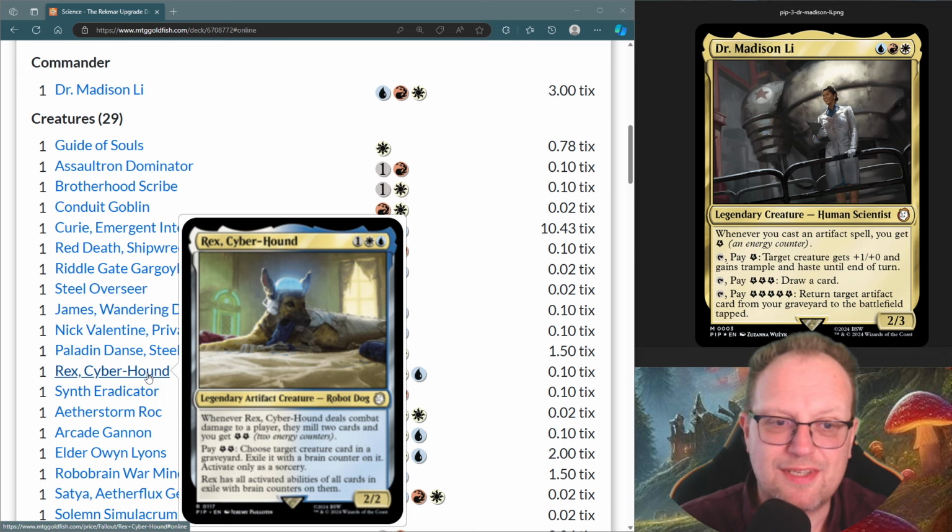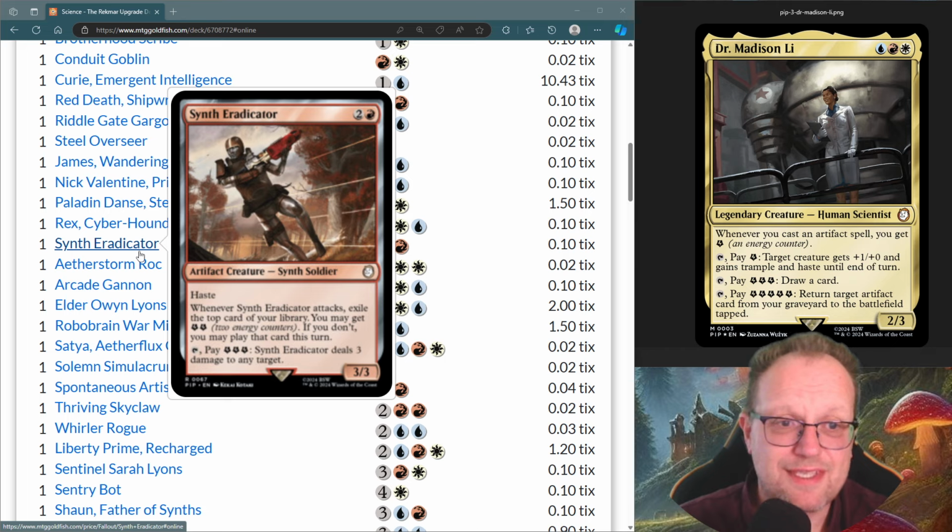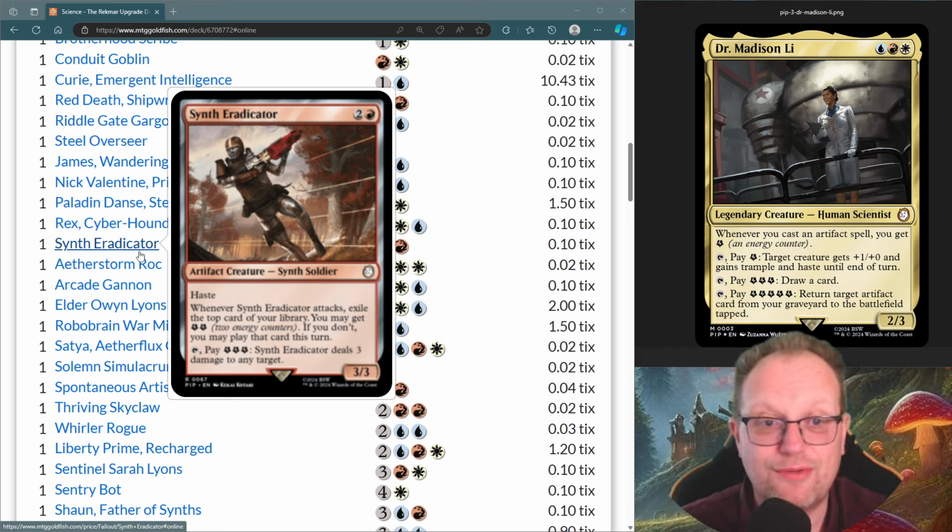Love dogs too much to take out the robot dog. Rex stays. Synth Eradicator also stays in. When it attacks, exile the top card of your library and get 2 energy. If you don't, you may play that card this turn. The choice is yours. But having a Lightning Bolt on a stick could be useful, even if it does cost